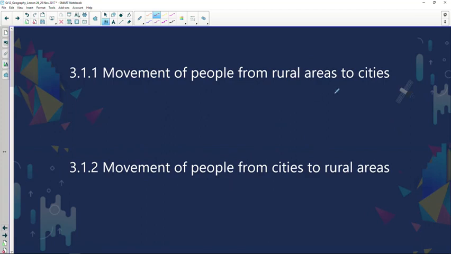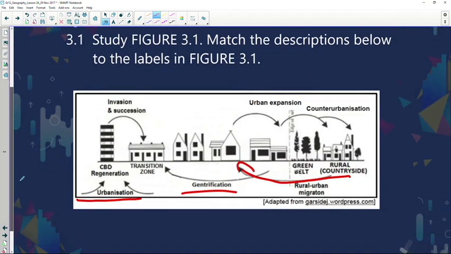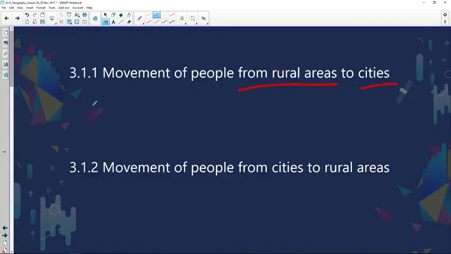So the first question is the movement of people from the rural areas to the cities. Now, if we go back to this diagram figure over here, there's the rural settlements. People move to the urban areas. What do we call it? It's rural-urban migration. Rural-urban migration. Okay, keep in mind, when this happens, usually because of the push and pull factors taking place between the two